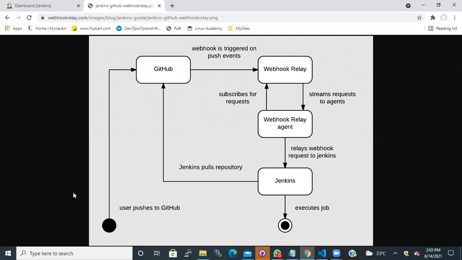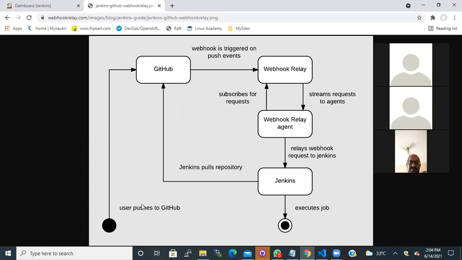What you see here, what happens? As soon as the user updates the code, or makes any code changes, obviously he will do the code push to GitHub. That is the central code repository that we have. In this case, it might be Bitbucket, or GitHub or SVN that I have already told you.